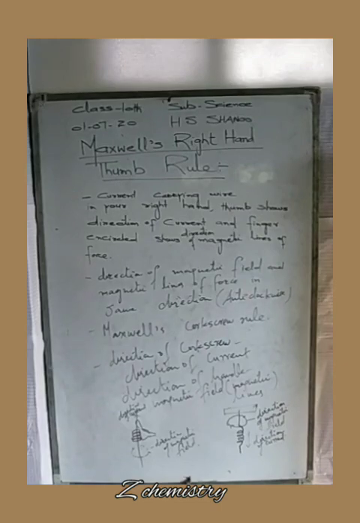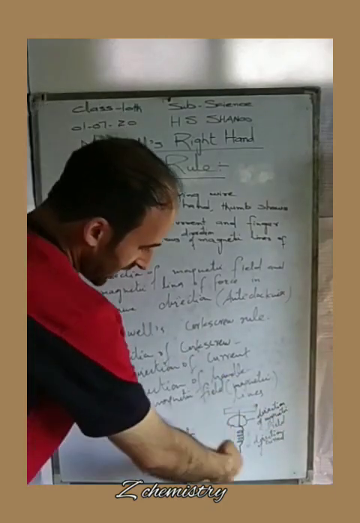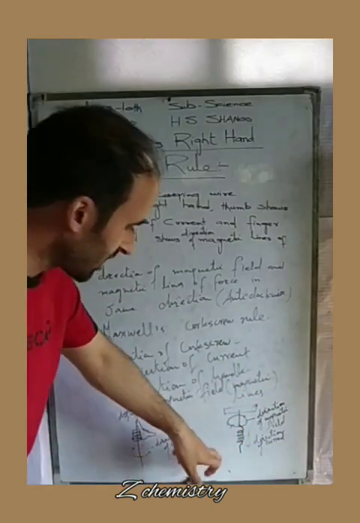If we drive this corkscrew in the direction of the current, then the handle of the corkscrew is turned clockwise, and the direction of the magnetic field will also be clockwise. We are rotating this corkscrew clockwise. Then the direction of the handle is clockwise, and the direction of the current, as well as the direction of the magnetic lines, are in the same direction, both in the clockwise direction. That is the direction of the current and the direction of the magnetic field.